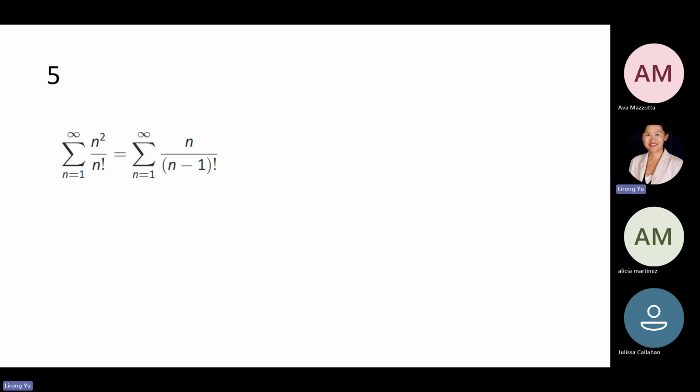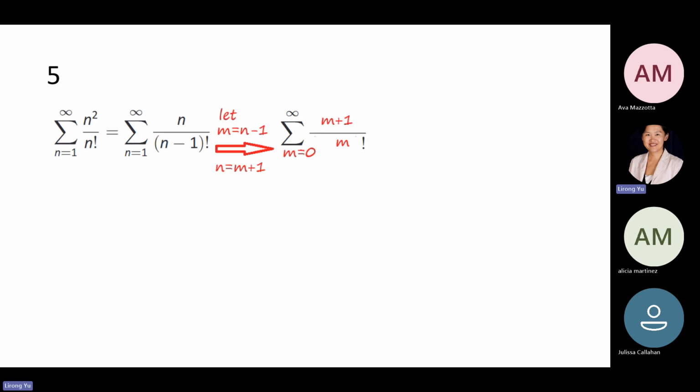So what do we do with the other n? We have a simple way to rewrite it. There's a little tricky treatment here. We can make this change because the denominator is 2 terms in the factorial. Let's try to make it 1 term. So we make n minus 1 equal to m. So the denominator becomes m factorial. Now, if n minus 1 equals m, then